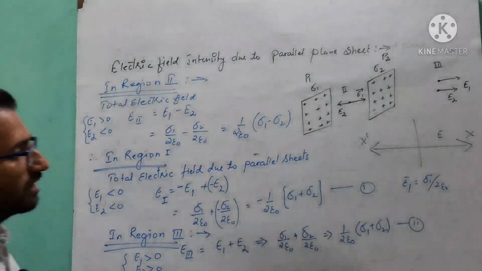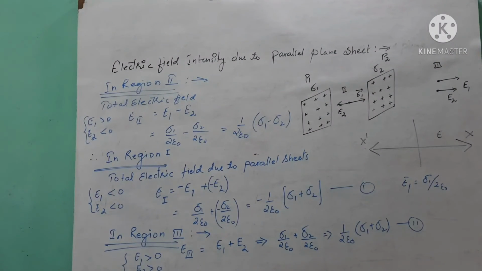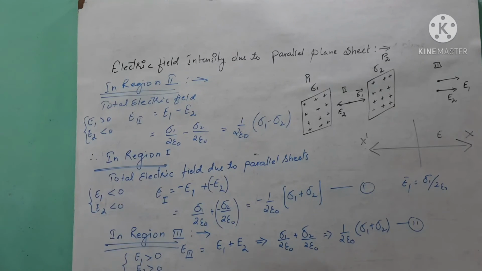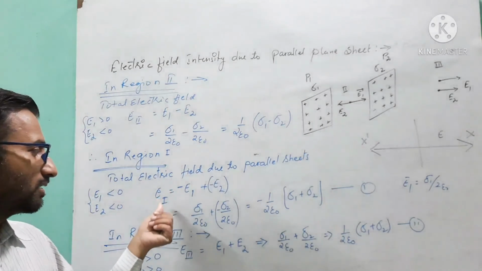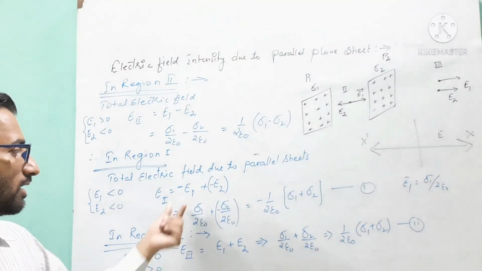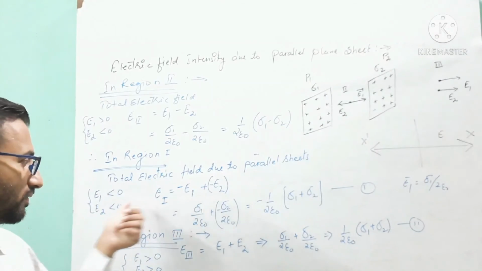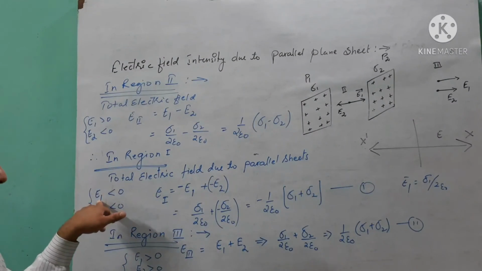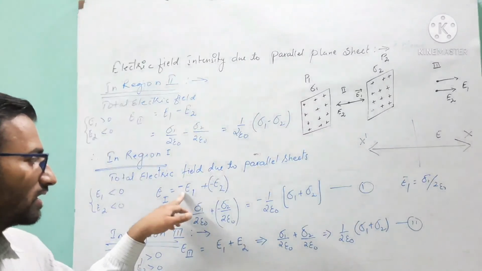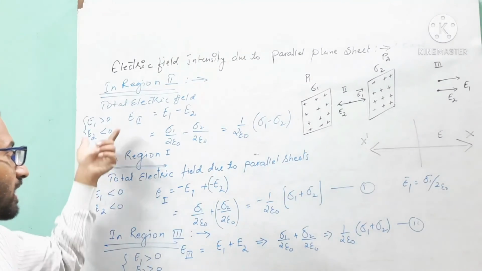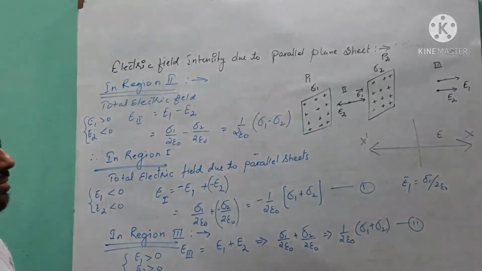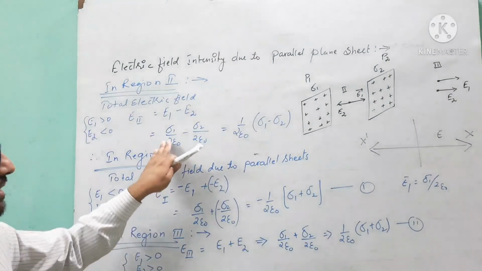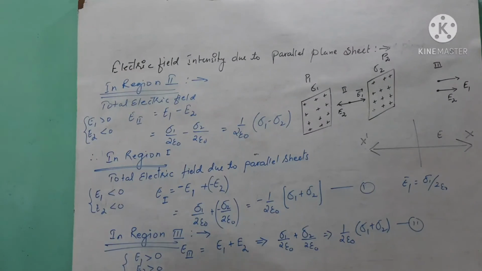Got it? So here we have got all three conditions, meaning the electric fields in the different regions, region 1, region 2, region 3. I am repeating one thing: you can write E1, E2, E3 in terms of the electric field by taking this consideration, where it is negative and where it is positive. If it is negative, meaning left-hand side, you substitute E1, E2 with a negative sign, and if it is right-hand side, you substitute the values of E1, E2 with a positive sign. Otherwise you can write everything in terms of this formula. Okay, so you can follow this right now.